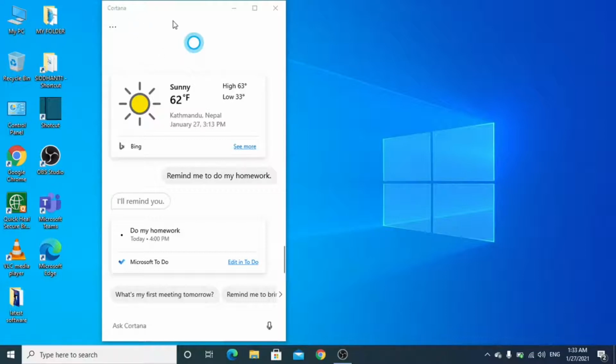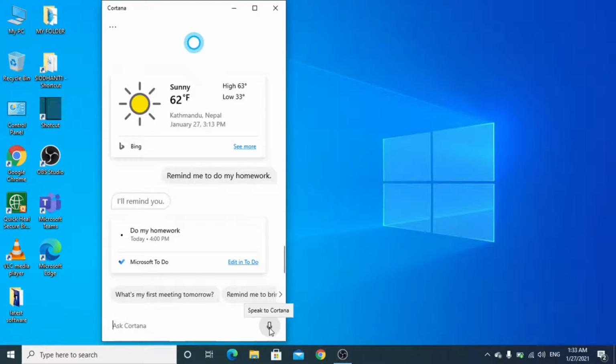You can also use it as a browser, but make sure your device is connected to the internet. Now I have connected my device to the internet, and only then will Cortana work. If you are using the latest version, you can ask questions to Cortana by typing, but in the older version of Windows 10 you cannot type. So this is one improvement.